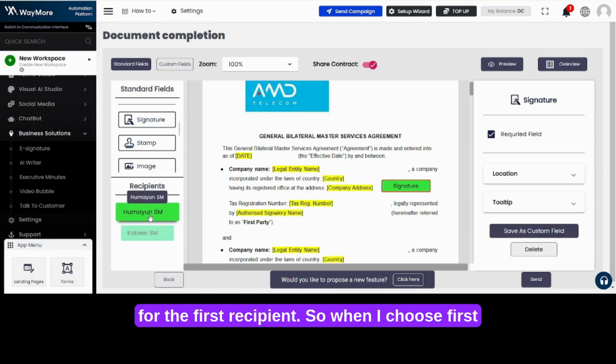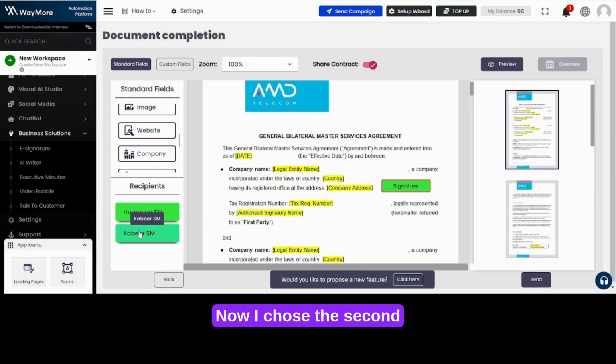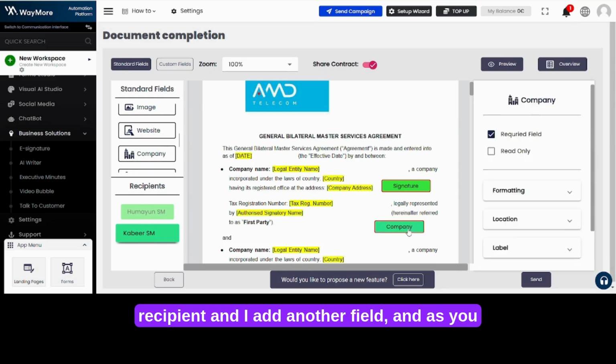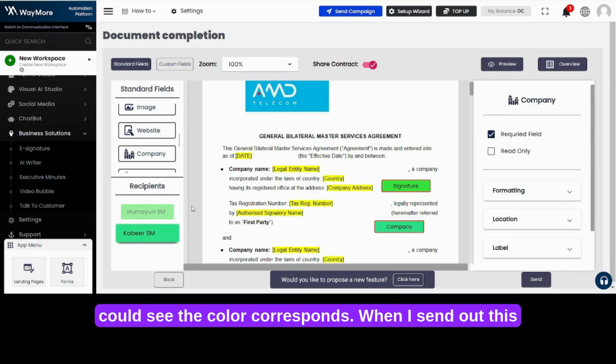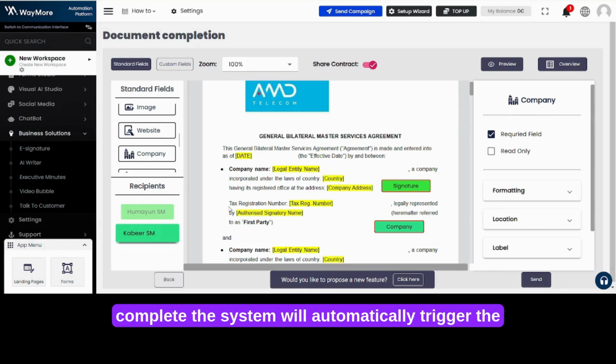for the first recipient. When I choose the first recipient, the color will be the same, so you will be able to identify which recipient this field belongs to. Now I choose the second recipient, I add another field, and as you can see, the color corresponds. When I send out this document, the first recipient gets the document first and updates the signature. Once the signature is complete, the system will automatically trigger the document to the second recipient to update the company